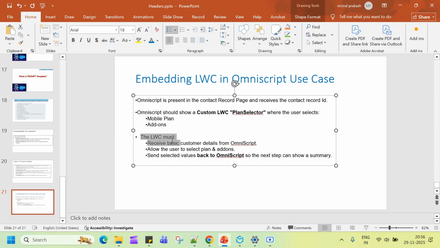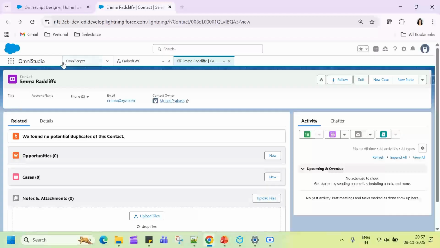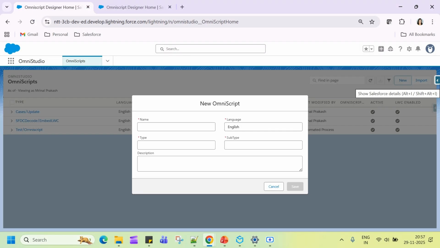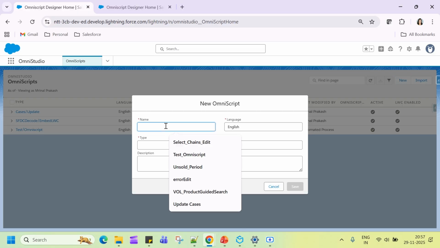So the LWC must receive the customer details and allow the user to select the plans and add-ons which I have shown on the LWC, and send the selected values back to the Omniscript. The next step can then show a summary of the values which the user selected from the LWC in the previous step. Okay, so let's see how we can build this functionality. For that, I'll go to the Omniscript and build a new Omniscript, which I will name